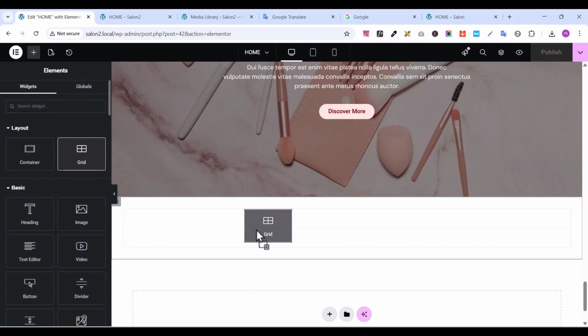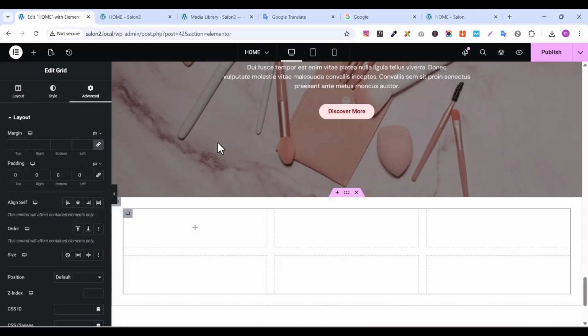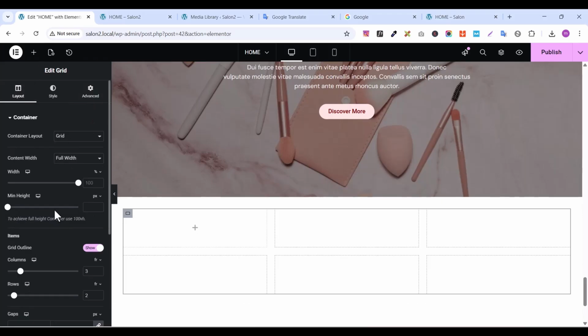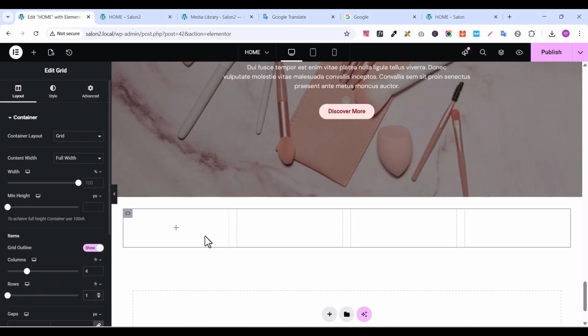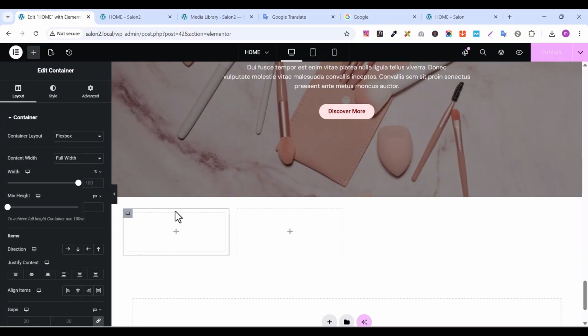This grid, let's drag this grid inside. Select the grid, go to advanced, remove the padding of the grid. Let's go to layout. On the grid column here, let's make it 4. On the row, let's make it 1. Good. Publish it again. So after that, let's go to our element panel, drag this container inside the grid, select